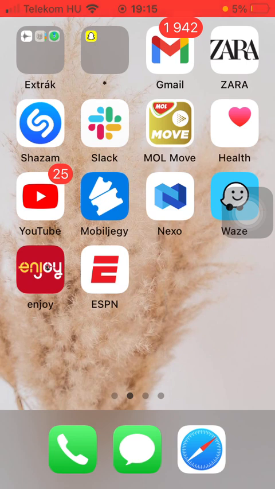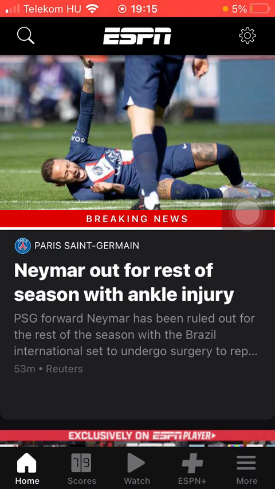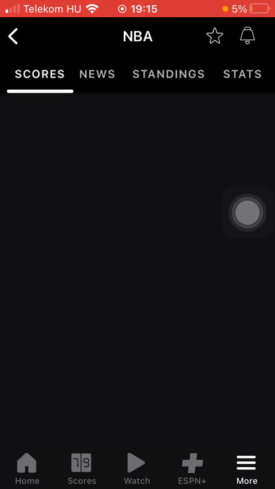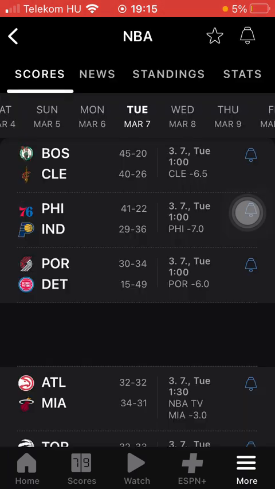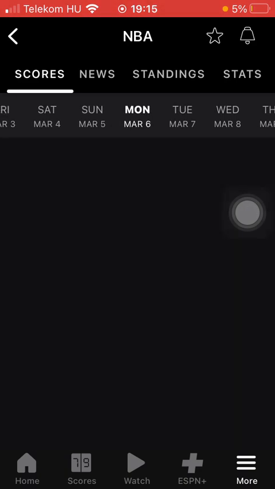Now let's jump into it. First of all, open the app on your phone. Click on the More button down below in the right side of the screen and then select a league. Then you should select the scores section at the top, then below date, and click on the relevant match that you are interested in